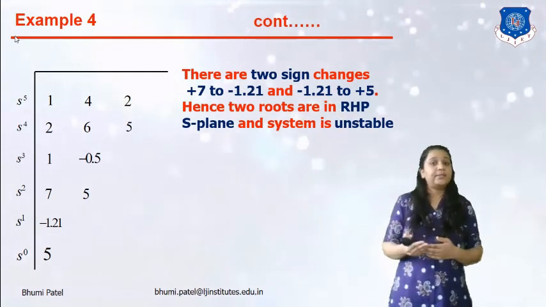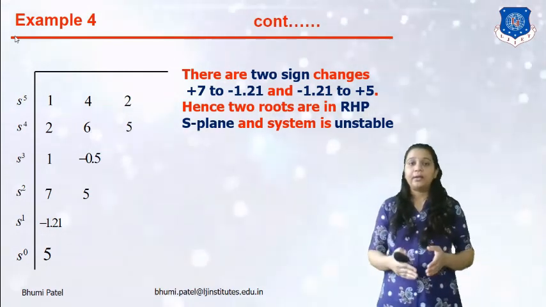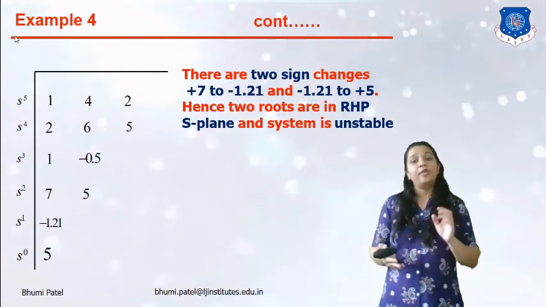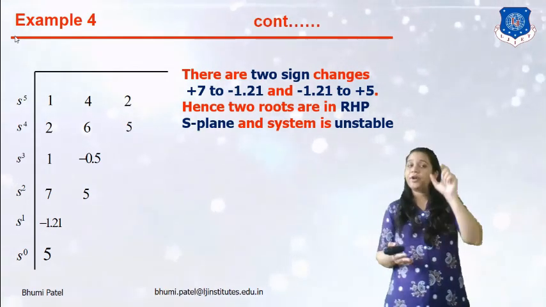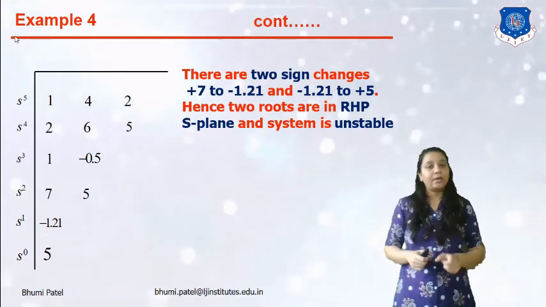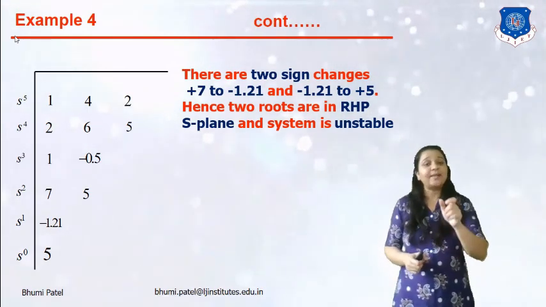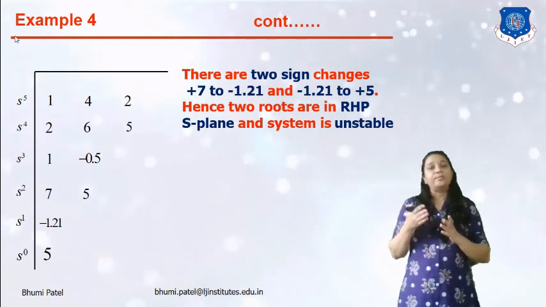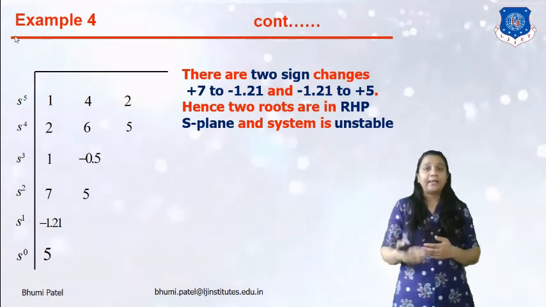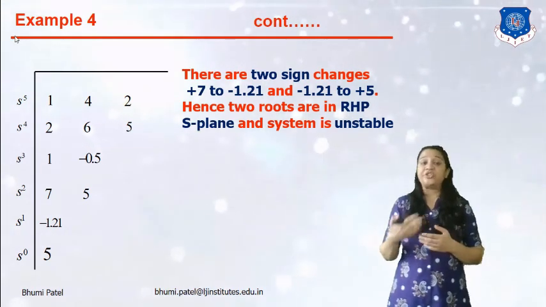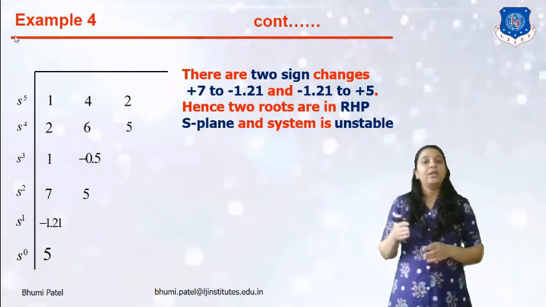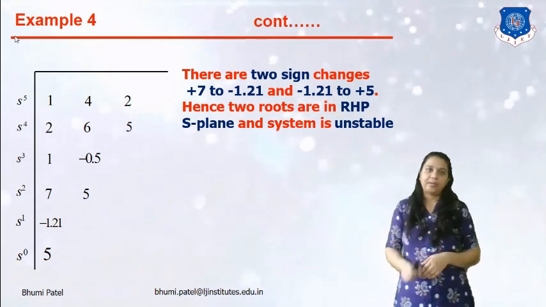So using the route stability criteria, we can easily determine whether the system is stable or unstable. We only look at the first column. If all the terms have the plus or positive, the same sign, that type of system is the stable system. If any element's sign changes in the first column, that type of system becomes unstable.